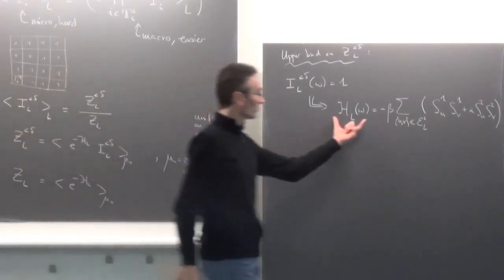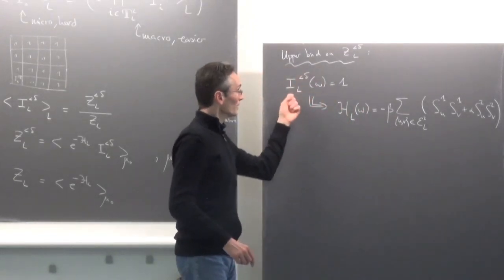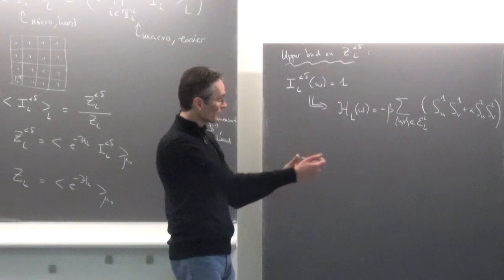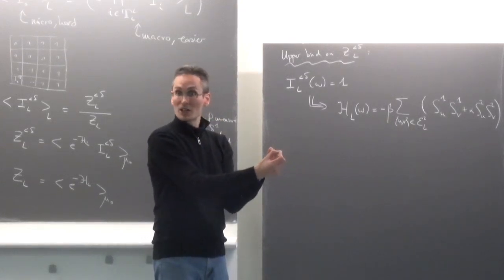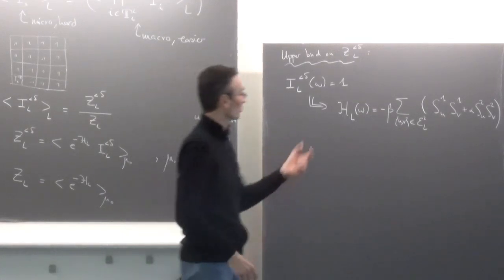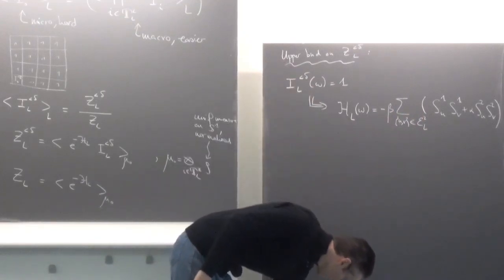So I want a lower bound on H which is uniform over all omega for which this event is true. You see, when this event is true, I'm forcing all the first components of my spin to be small. And this should have a large energetical penalty. It should cost a lot of energy to have all the first components small. So I should be able to extract a nice lower bound on this